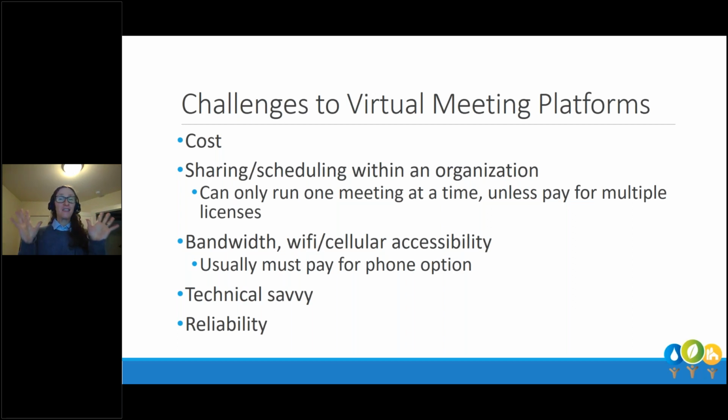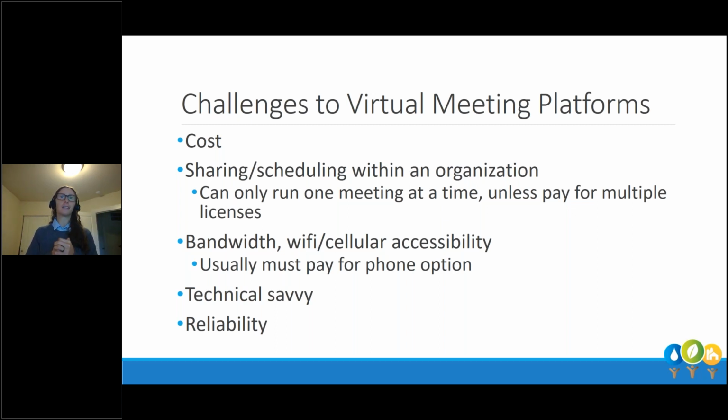If you are the complete opposite, if you have a lot of challenges with technical things, this might be a little bit more difficult. However, I will say some platforms are much easier to use than others. So especially meeting platforms, there's a couple that are trying to make it as easy as possible to get into a meeting, to access a meeting, to create a meeting, and that's really helpful. And I'll show you those today.